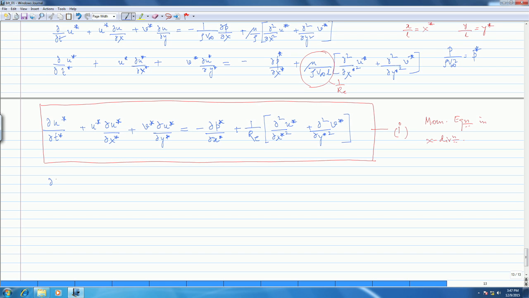That would be del v star by del t star, plus u star del v star by del x star, plus v star del v star by del y star, is equal to minus del p star by del y star, plus 1 by Re times del 2 v star by del x star square, plus